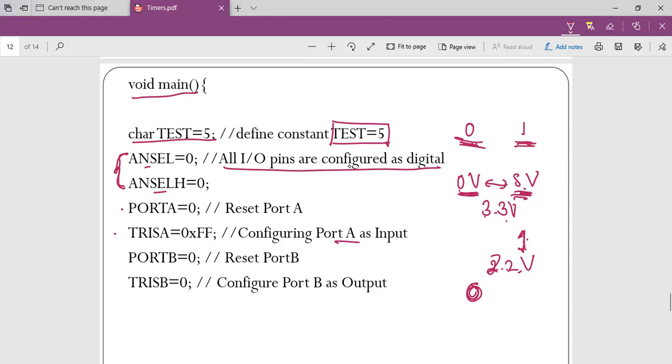In between there will be only 0 and 1. If we have values between that, that will be analog. So this is digital. We need to configure all input output as digital. It will take digital inputs and it will give digital outputs, right? Then port A, we are resetting that one. Then TRISA we will give as all 0. Sorry, all 1,